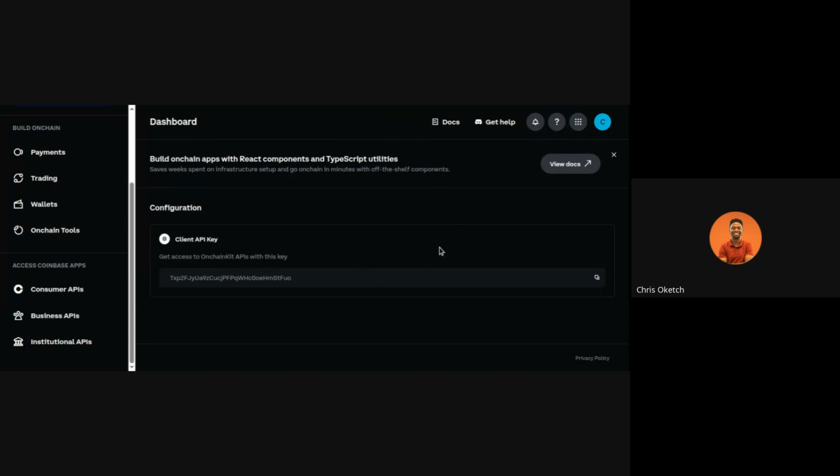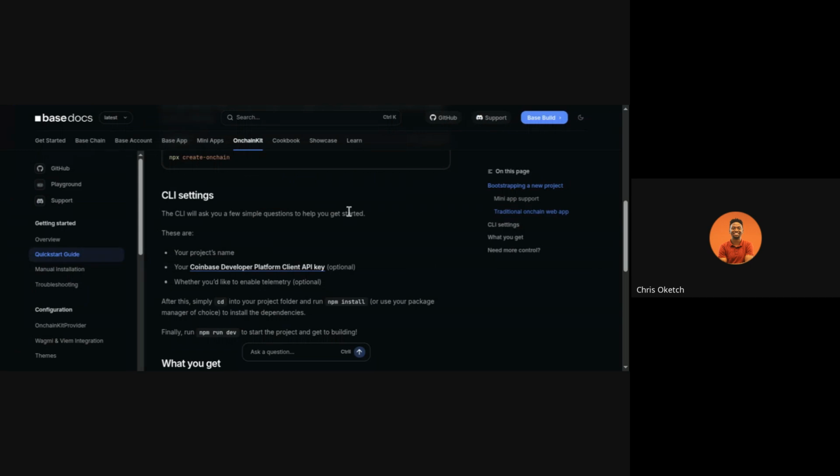Yes, so once you have a CDP API key, go ahead and create a folder. If you're using Windows, Linux, or Mac OS, just create a folder, probably on your desktop, and then open it with your preferred IDE, or rather code editor. So once you've done that,